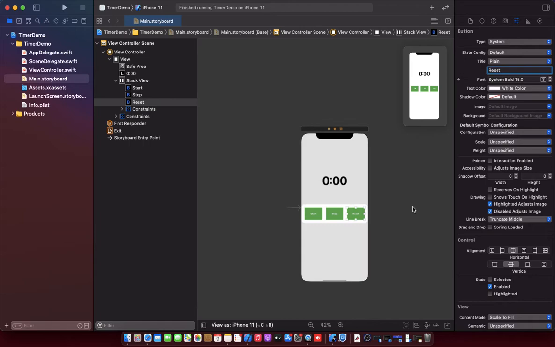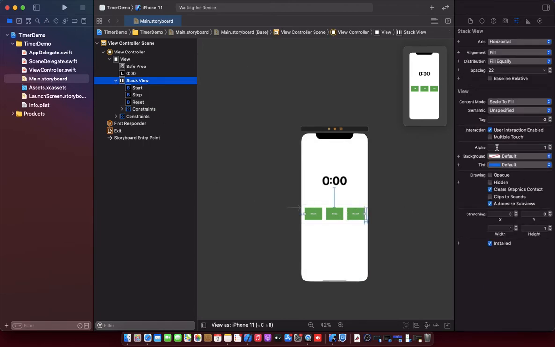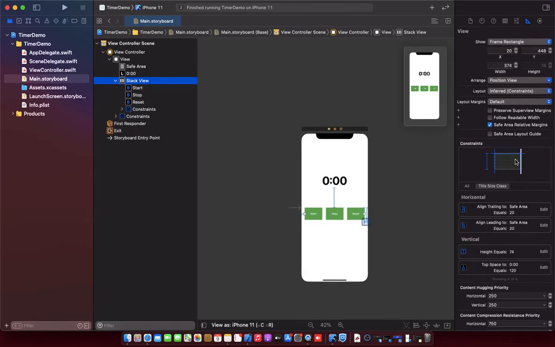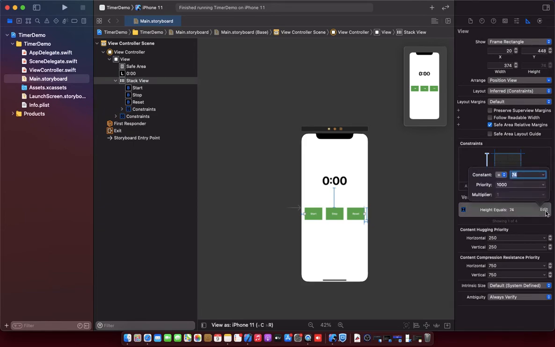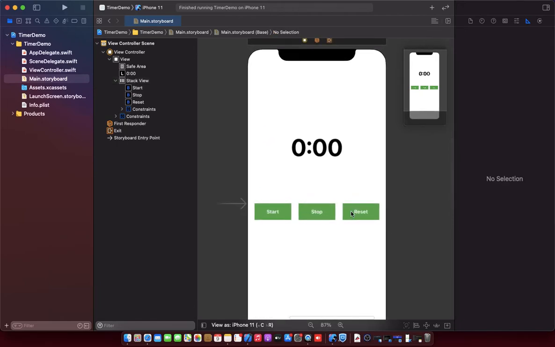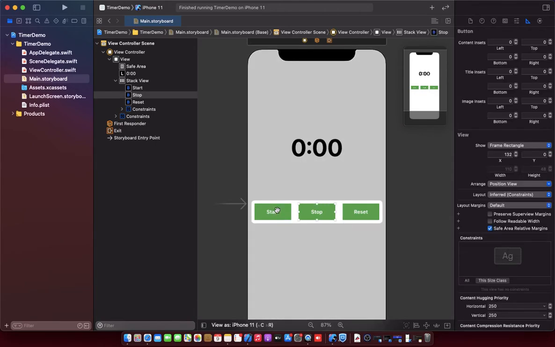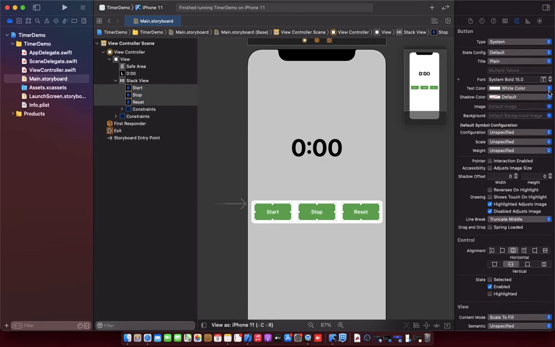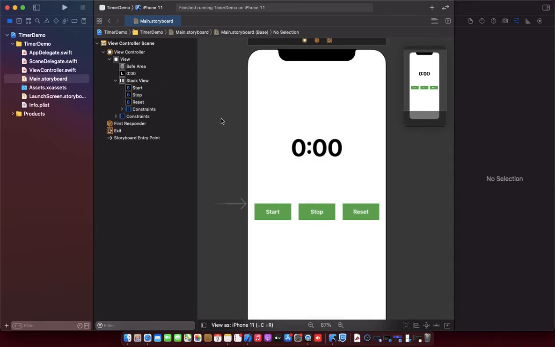So these are the 3 buttons. Let's minimize the height of the stack view and decrease it to 50 or 48. So now it looks good, and increase the font size also. Now it's good.